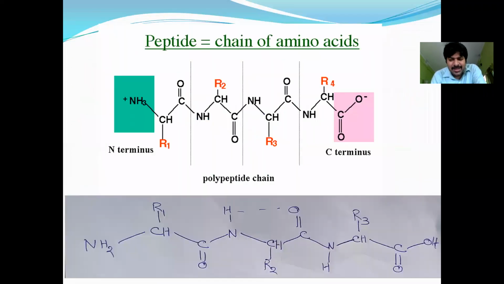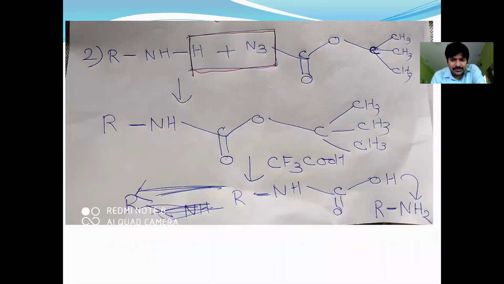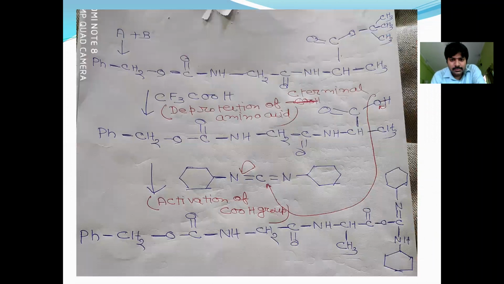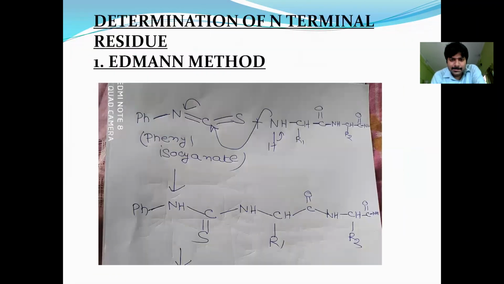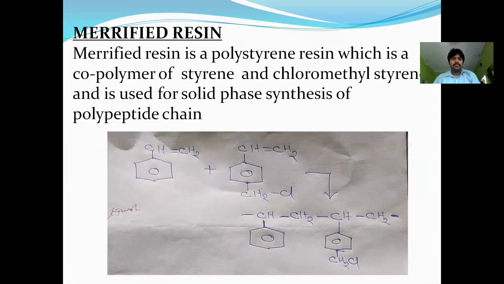What is Merrifield resin? Merrifield resin is actually a polymer of styrene and chloromethyl styrene. Merrifield resin is a resin which is actually the polymeric mixture of styrene and chloromethyl styrene. So Merrifield resin হচ্ছে একটা polystyrene resin, সেটা কি styrene এবং chloromethyl styrene এর